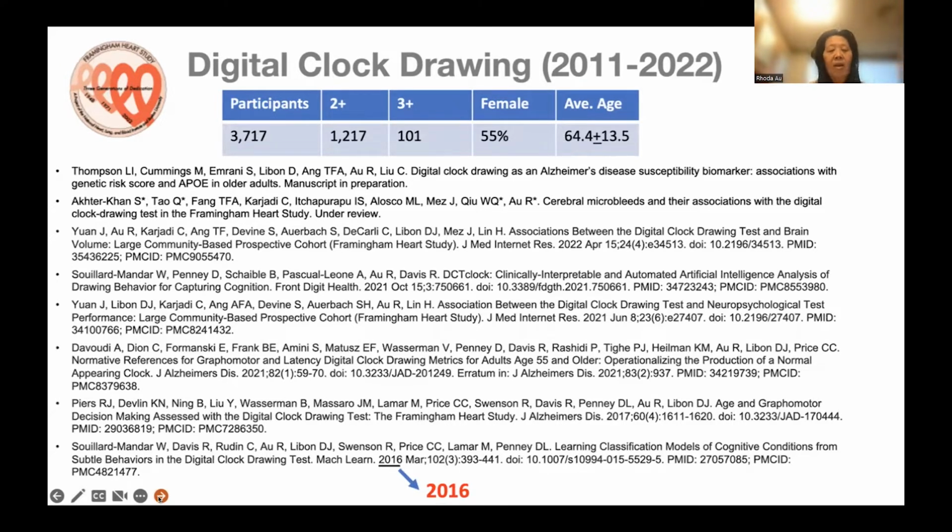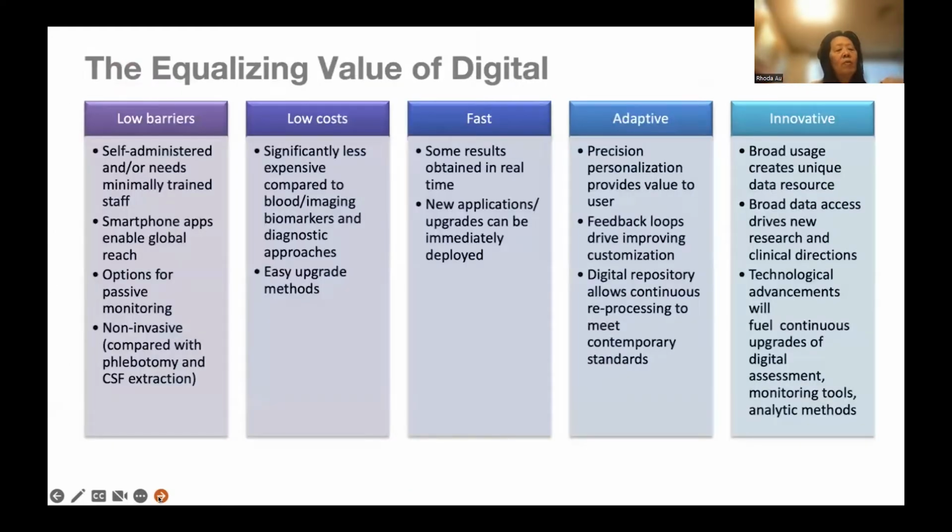And again, it's not in a clinical journal. In 2017, we were finally able to get into a clinical journal, but I want to point out it took us 3 years to get it through peer review. And it's only been in the last couple years that we've produced most of the science. So this is what I want people to start thinking about: digital actually allows us to get to a level of equity that we're all striving for.